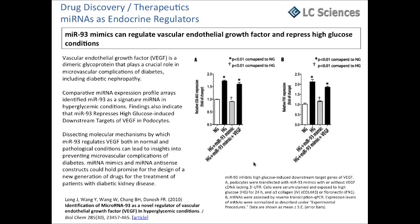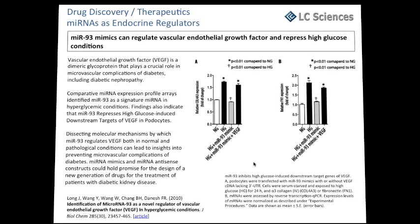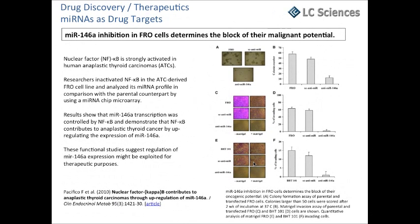So this was one of the first experiments in the endocrine field where a microRNA was shown to hold therapeutic promise. Another microRNA that shows up rather frequently and is differentially regulated in a whole variety of experiments is 146A, and this was also shown here in this case,